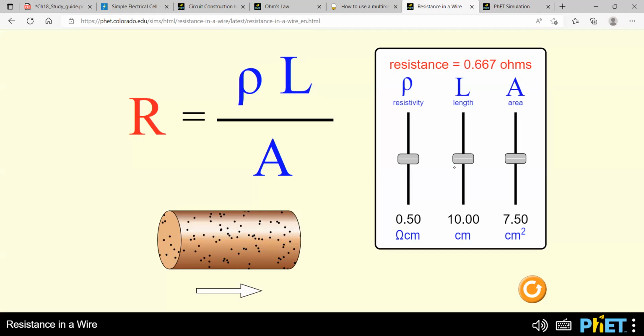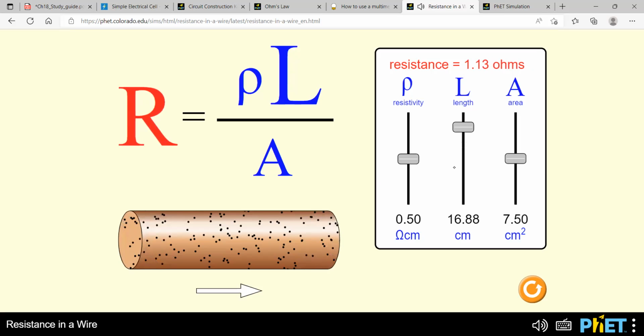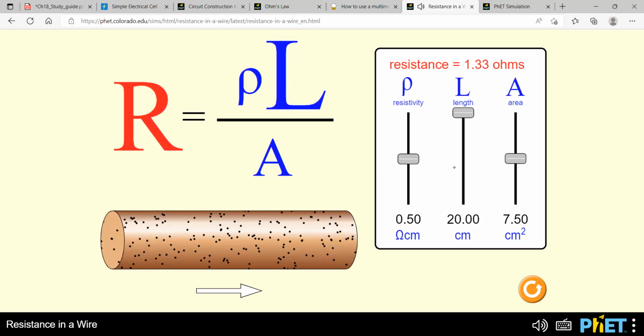So if I make it long, you will see that resistance increases. Okay, so let me make it long, and you will see that the value of resistance increases. So you see that the longer the wire, the higher the resistance. Okay,